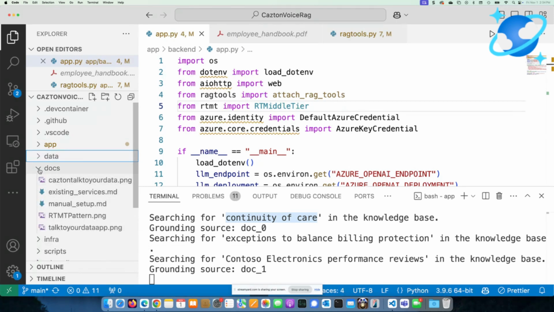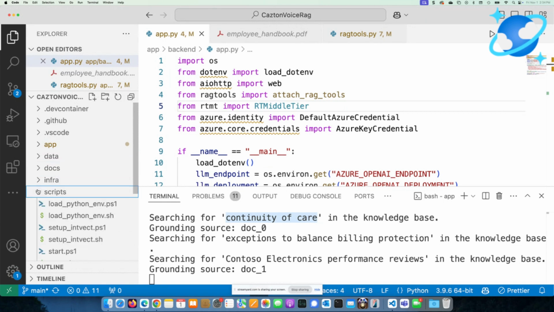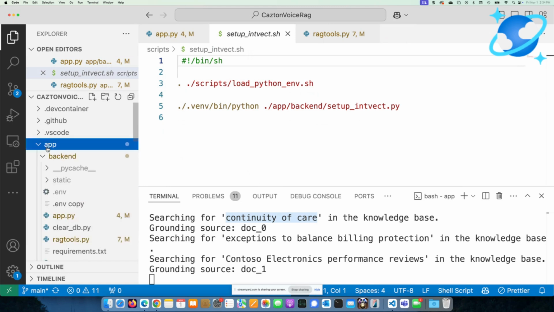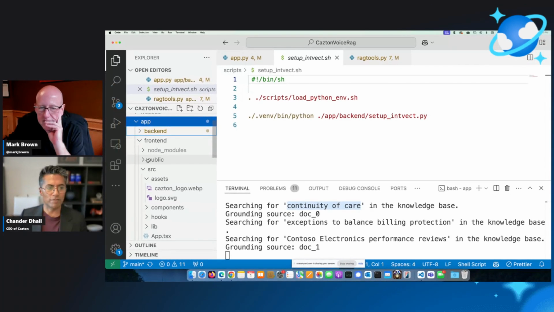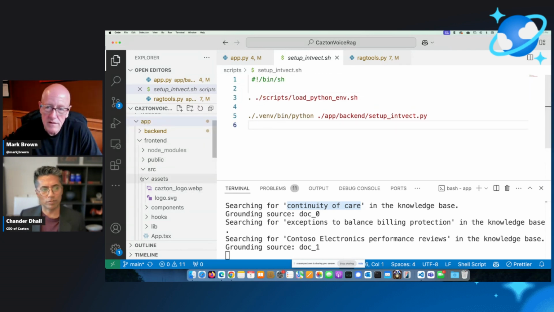If you look at the structure, it's fairly simple. You've got the app in here, and then you've got the script in here just to load your program. If you are using Windows, you can use PowerShell, and for Mac people, you've got the ZSH scripts here. And of course, where the app is, you've got the backend as well as the front end. The front end, as you saw, is just one page with just one button. It's a very simple React front end framework, and your node modules just get created by the script that's right here, as you can see. So you don't have to do much work. It takes care of that for you.